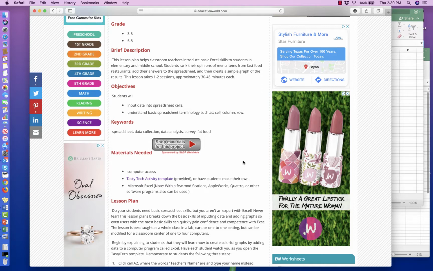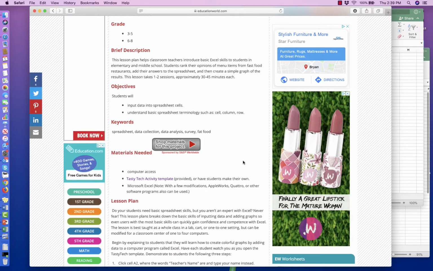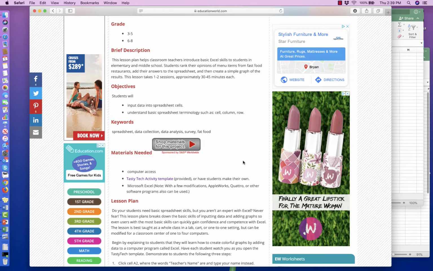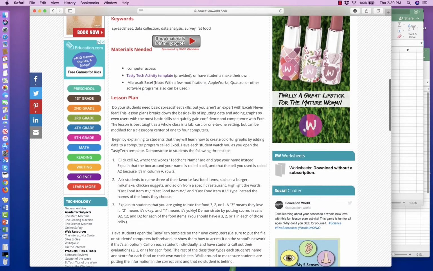The materials that are needed are computer access, the Tasty Tech activity template that I will use in the lesson today, and then certainly having access to Microsoft Excel. And certainly modifications can be made to this simple lesson using other spreadsheet applications as well, like Google Sheets or something like that. In terms of the lesson plans,